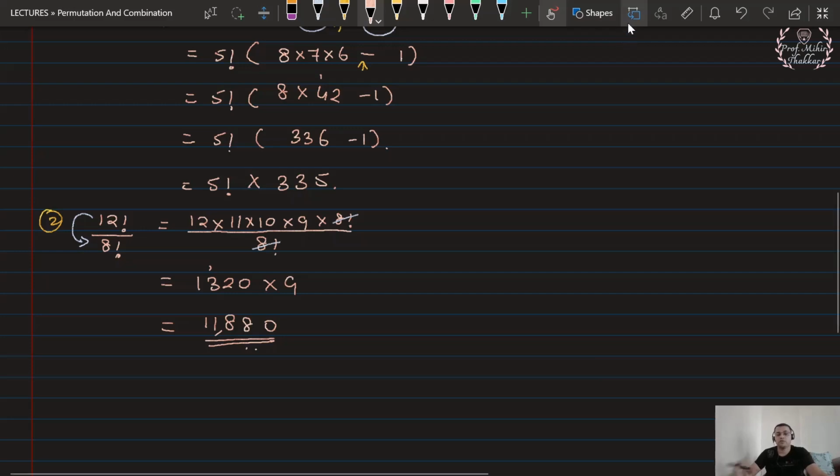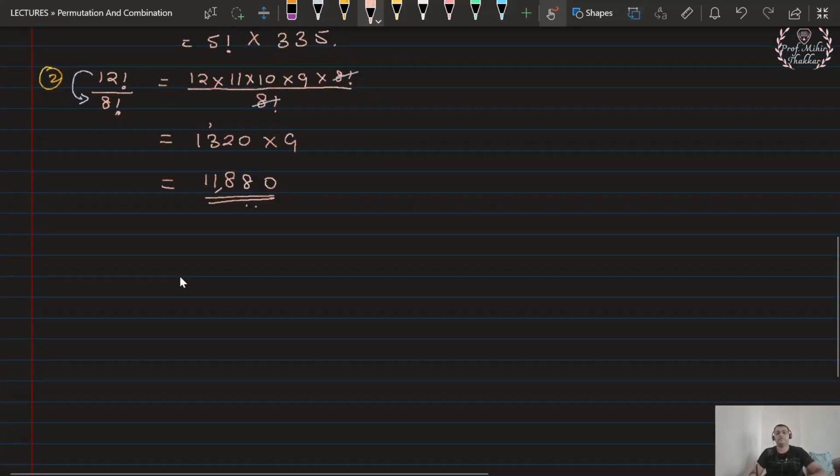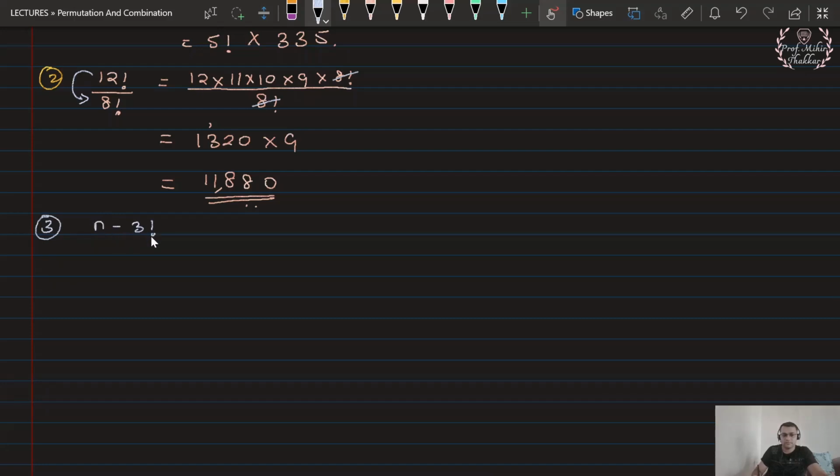Now this was all about the numbers, but suppose in the exam I am not given the numbers but I have the question in terms of n or p or some other letter, or r probably. What do we do in that kind of case? Let us understand that with example number 3. Suppose you want to calculate the value of (n minus 3) factorial upon n factorial. In fact, this is a bracket factorial. (n minus 3) factorial upon n factorial.